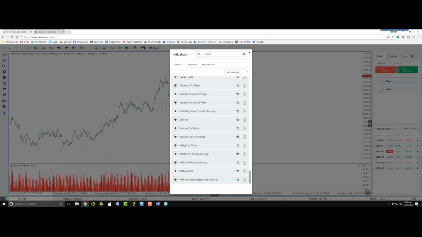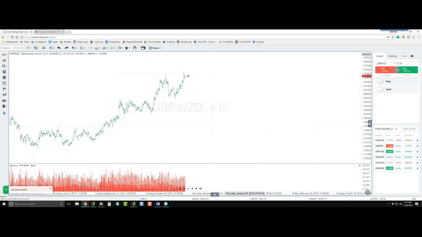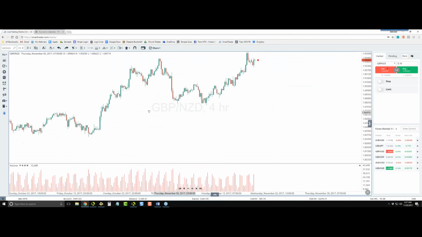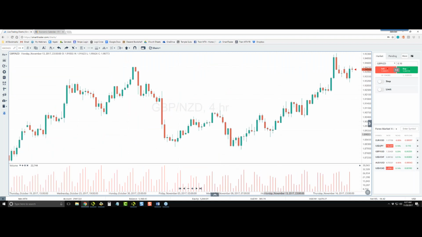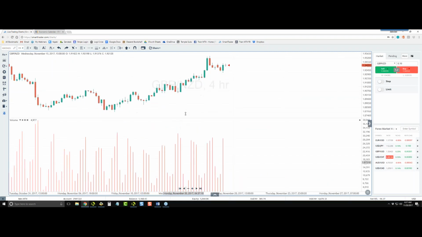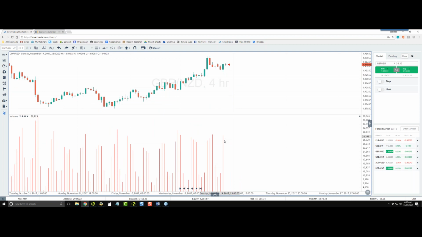Okay, let's bring volume back up, because this is an important question and it's something I did not explain very well while I was talking about volume. This is basically just tick volume. So how many ticks,